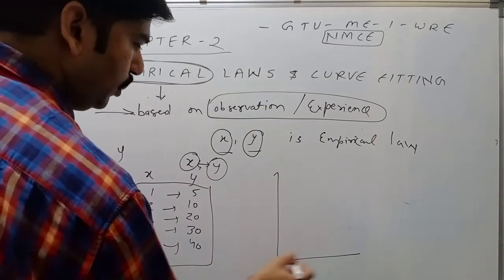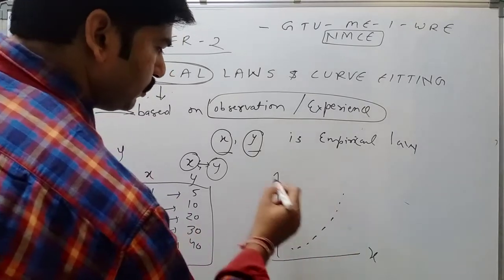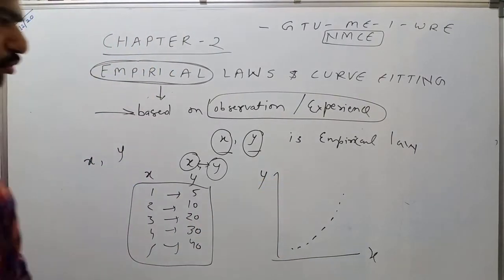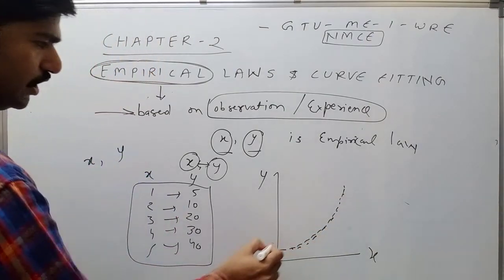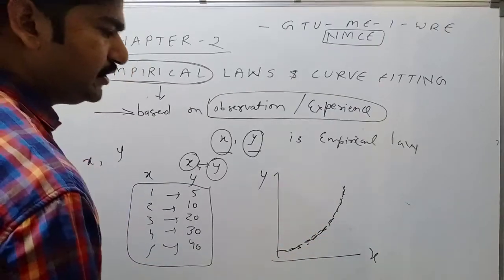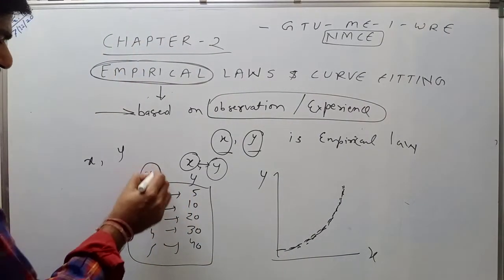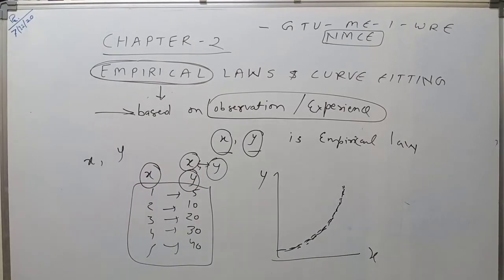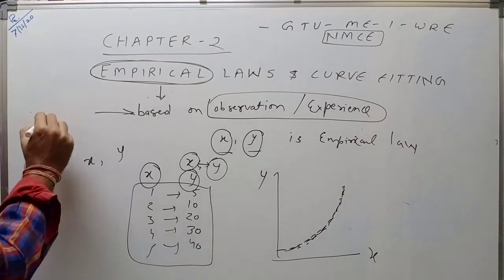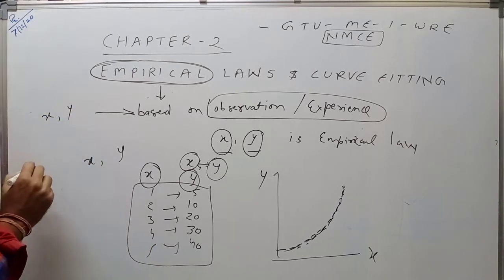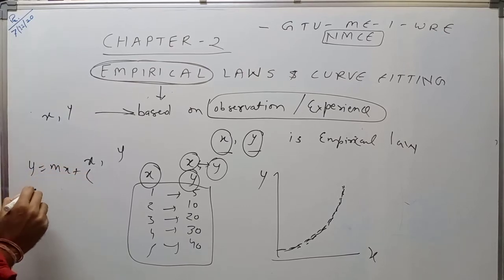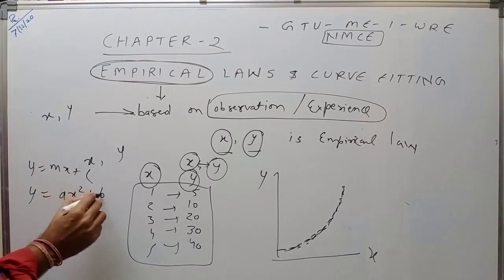So we will try to put it on the graph. We will try to obtain some equation between x and y. So that particular equation means this curve will fit. So one of the best fit curves will be obtained somewhere, maybe straight or linear or non-linear. So that established relation between x and y is known as the process of curve fitting. Curve fitting means the exact relationship between the variables by the algebraic equation. So if an algebraic equation is there in x and y, it may be y equal to mx plus c, or it may be y equal to ax square plus bx plus c,